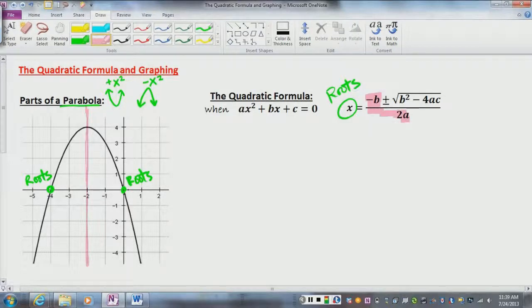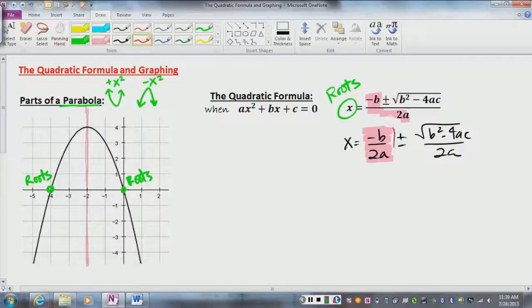If I take my quadratic formula and I split it up, my axis of symmetry can more easily be seen right there. Now, the axis of symmetry is right in the middle of our two roots. For the example that we have here, my roots are,